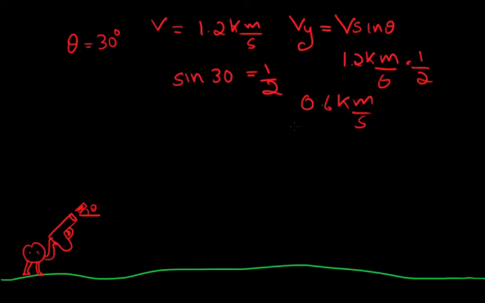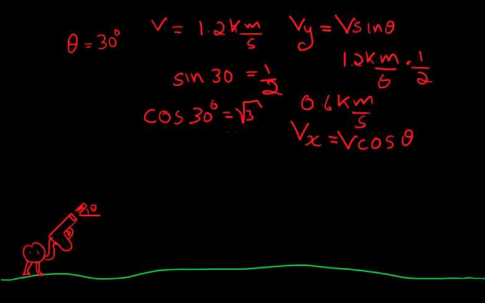And if you want to calculate it for the x direction, we have to do this: the velocity times the cosine of theta, and the cosine of 30 degrees is square root of 3 divided by 2. That's pretty useful here, but it's a bit hard because of these square roots. There is nothing we can do about it really.